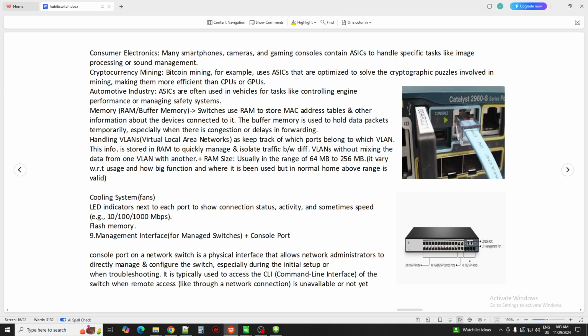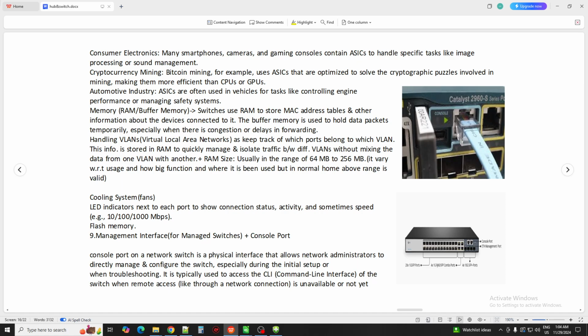Okay, then RAM sizes, what really is the RAM size? Basically, the switches which we are using in our homes use between 64 MB and 256 MB. But it is not the case that switches are only used in MB. There are occasions at present where a switch is used to handle hundreds and thousands of devices, and in that case it is in GB, 2 GB, 3 GB, or even more.